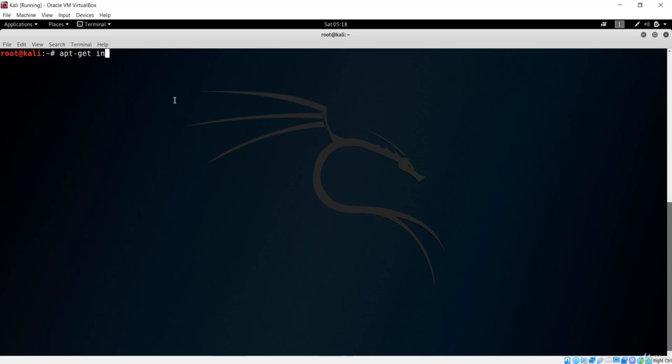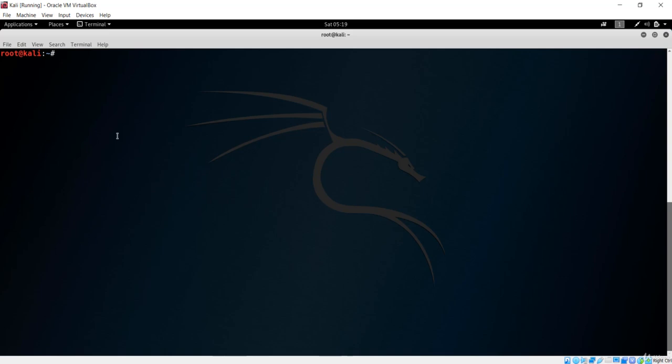So before that, we'll see another command, that is apt-get install, the same command that is going to install the package. If you want to install more than one package on the same line, you can simply do it like this. So it is going to install VLC and Terminator at the same time. So you can do this command too.